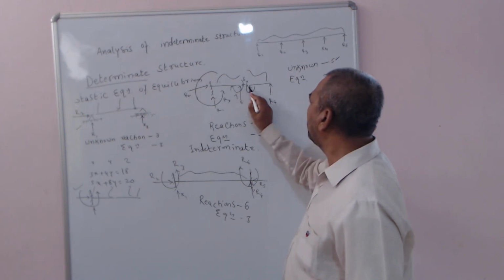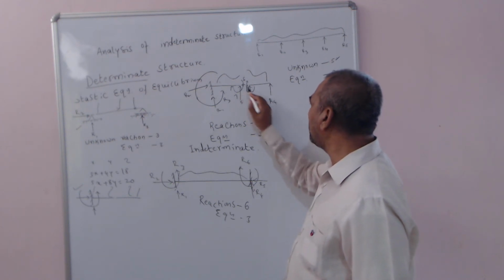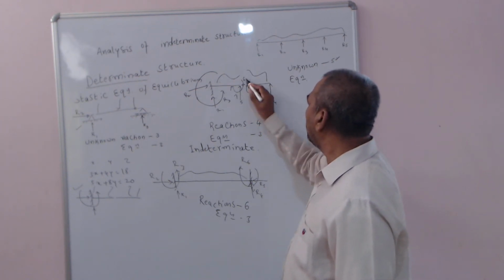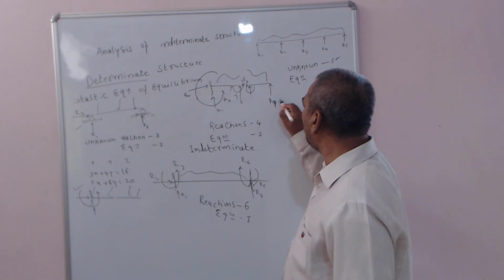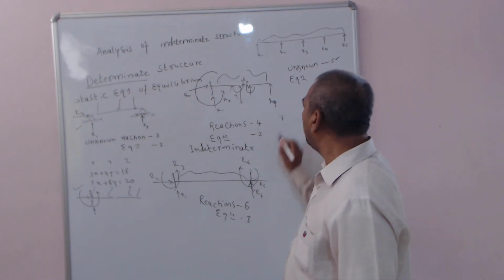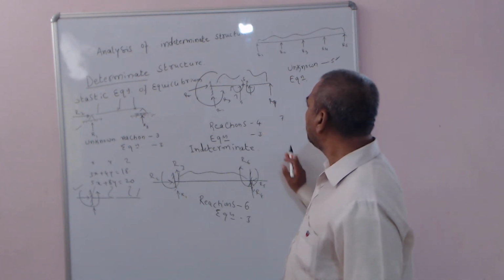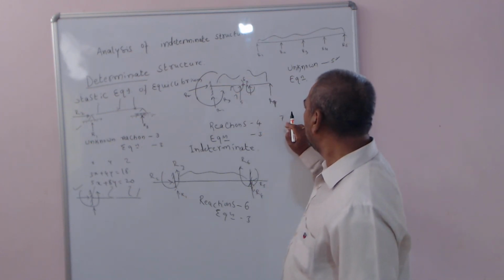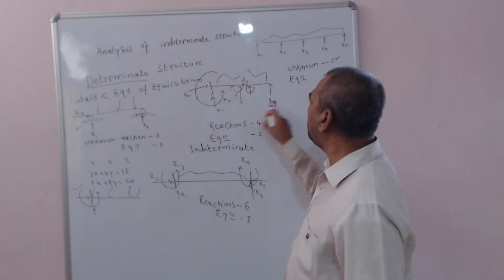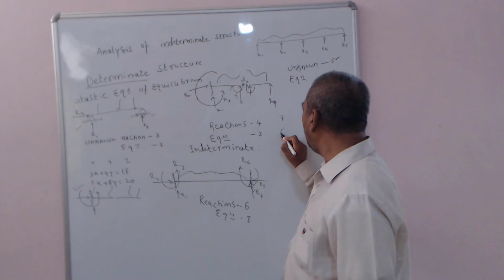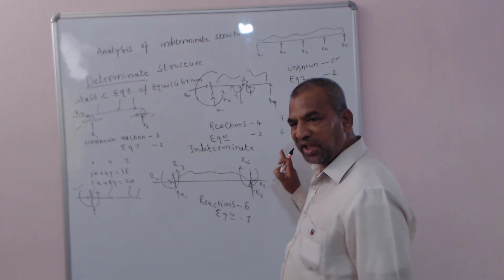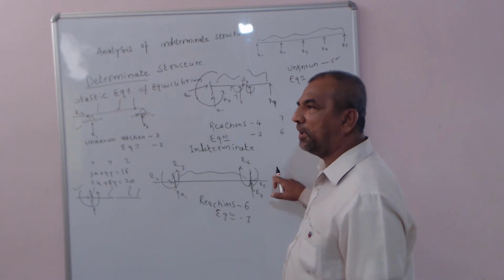These will be the same. Active and reactive force are equal and opposite. That is why I am not treating them as unknowns. Yes, 6 and this will become 7. Go for the equations. Reactions are 7. Equations are 3 for this part and 3 for this part. Total is 6. Just check whether it is statically determinate or indeterminate.